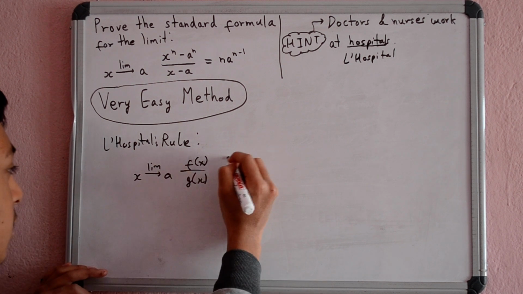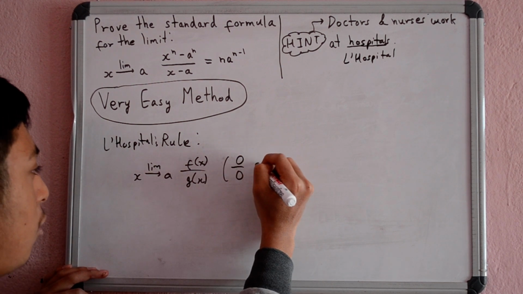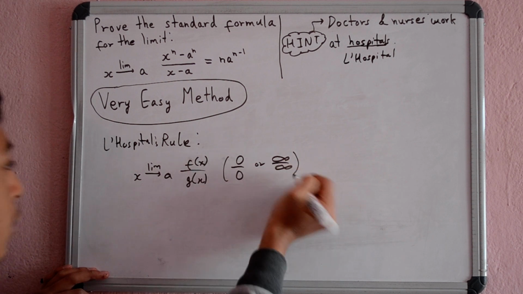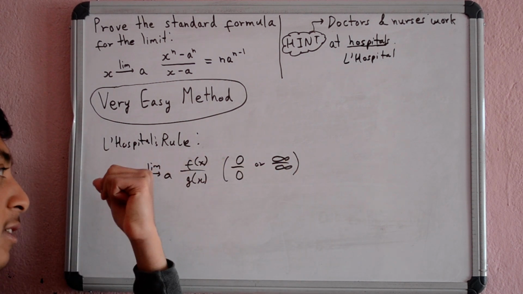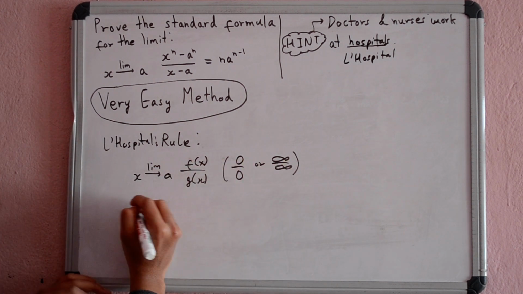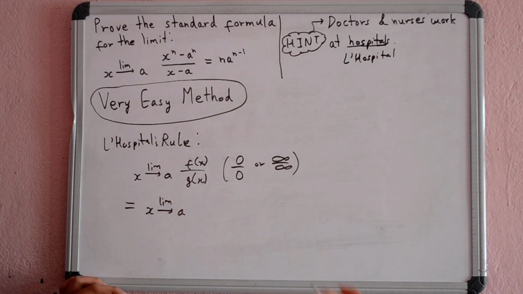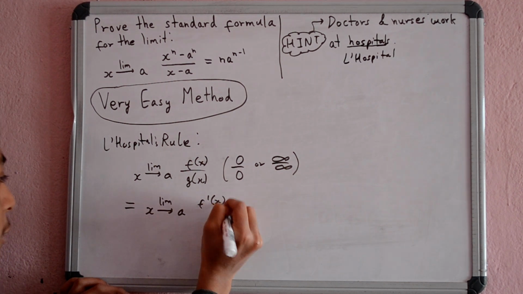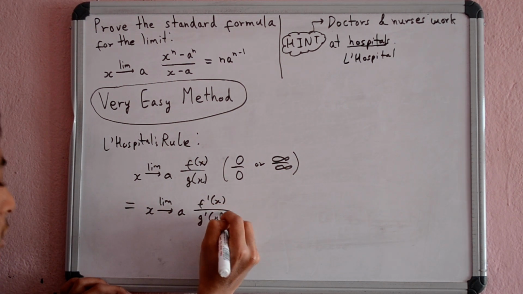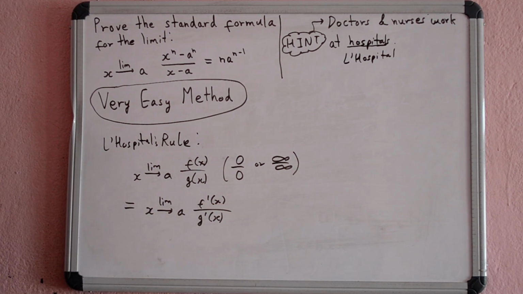If this is a 0 by 0 or infinity by infinity case, you can use L'Hospital's rule, which states that for this limit, this will be equal to the limit of x approaching a, the derivative of the numerator by the derivative of the denominator,